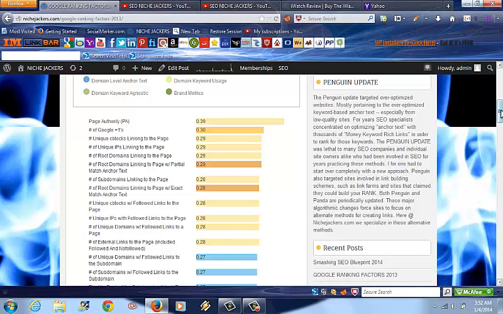Okay, page authority. That is a 0.39. That's like the highest ranking factor right here, page authority. And how do you build up your page authority? Basically,